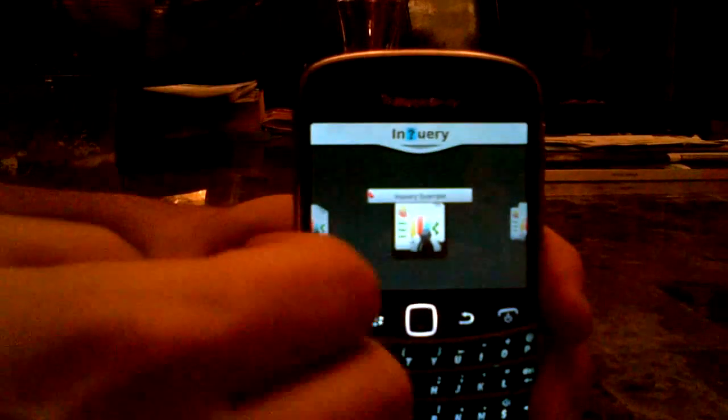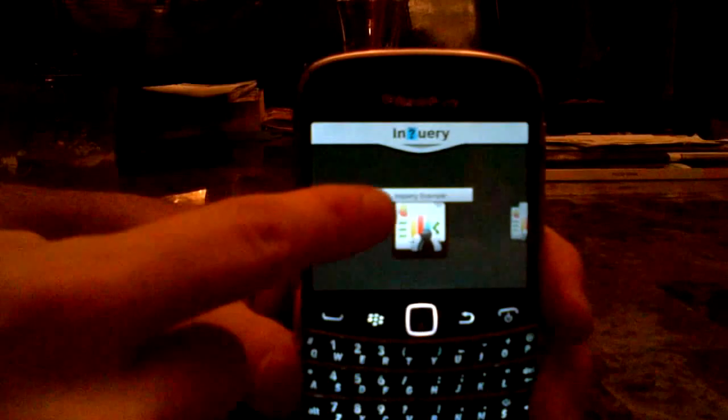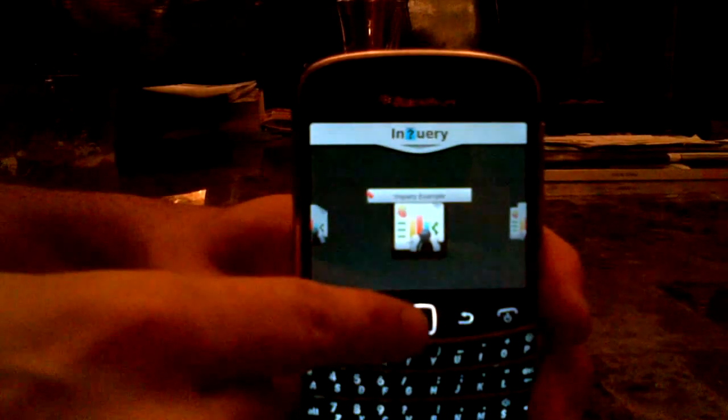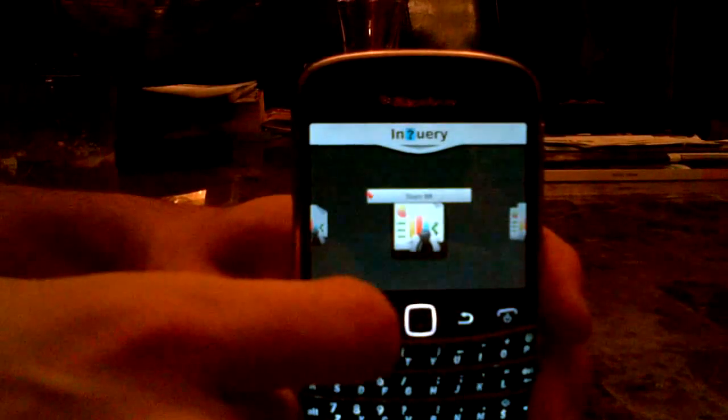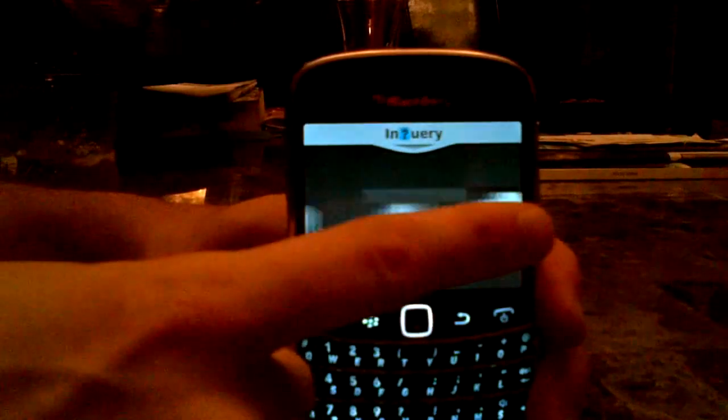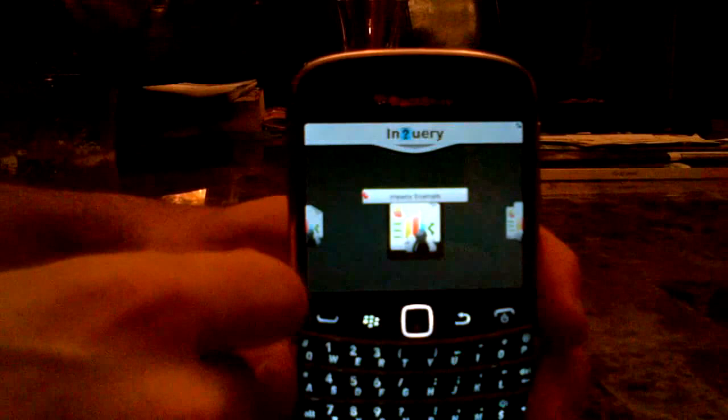And then once you get down into, these are what your inquiries are. Up top where the pin is, that's the title of each inquiry. And to switch between each one, you have 2 options. You can either use the trackpad like that, or you can swipe the screen. And either way, it's going to animate to your next inquiry.